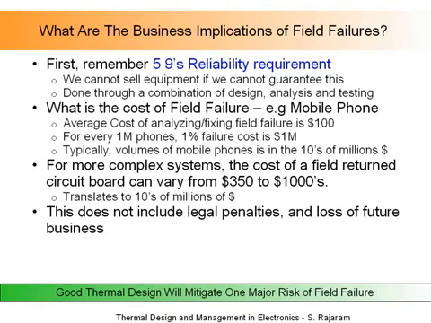failure is $1 million. So for instance, if you take mobile phones, those are sold usually in the tens of millions. So typically when we have failures, and we're talking about very small failure rates, the cost of fixing and warranty and repairs can turn out to be tens of millions of dollars. And typically for more complex systems, the cost of fixing a circuit board or a failure in the field can actually vary anywhere from $3,000 to thousands of dollars depending on the complexity.